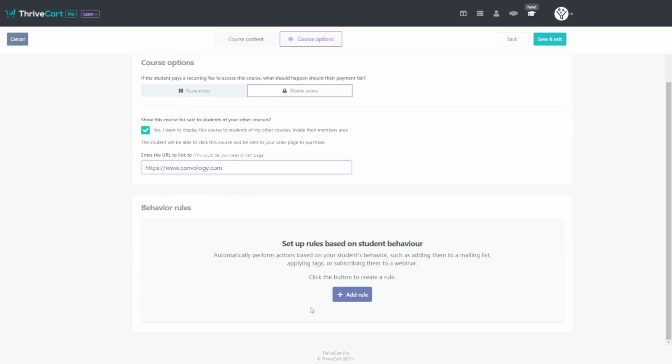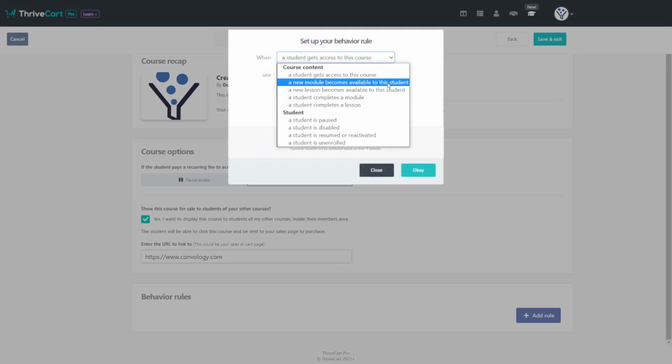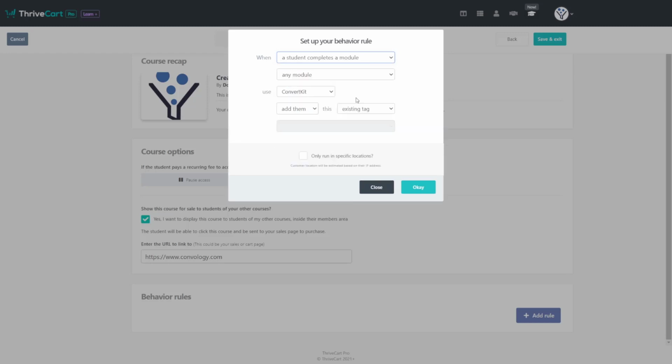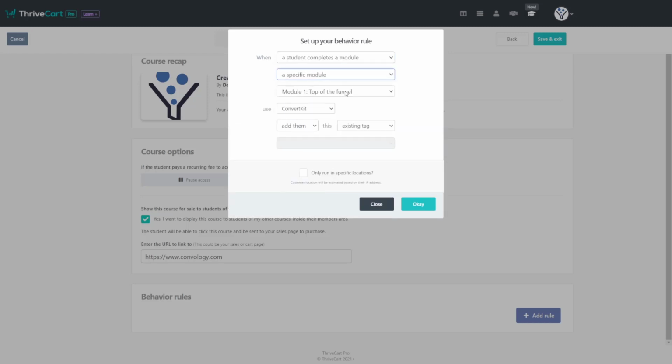And if we scroll down, we have behavior rules. So based on these conditions, if a student gets access to the course, if a new module becomes available, we can get pretty granular. Like let's say that a student completes a module, any module, let's say a specific module, and let's say they complete module 1. In ConvertKit, I can add them to a tag or an active campaign,